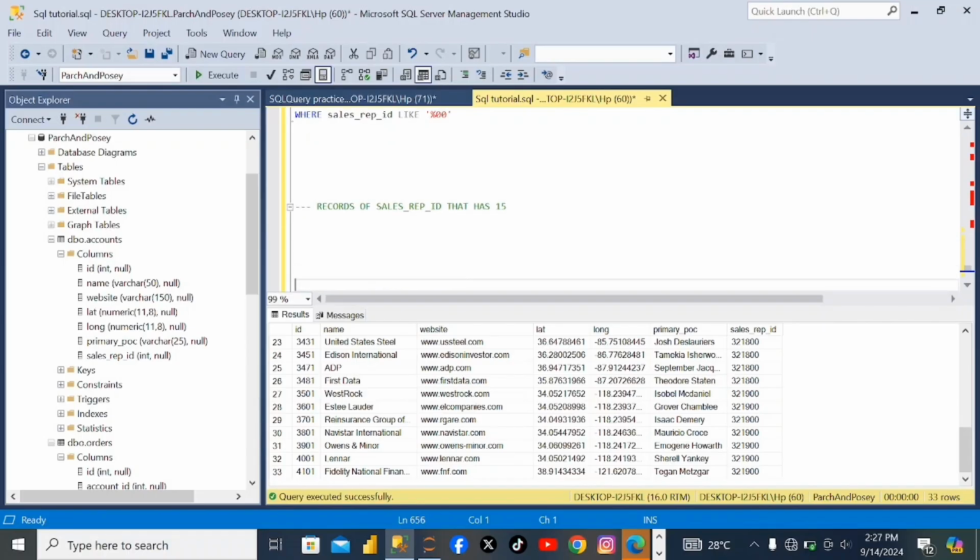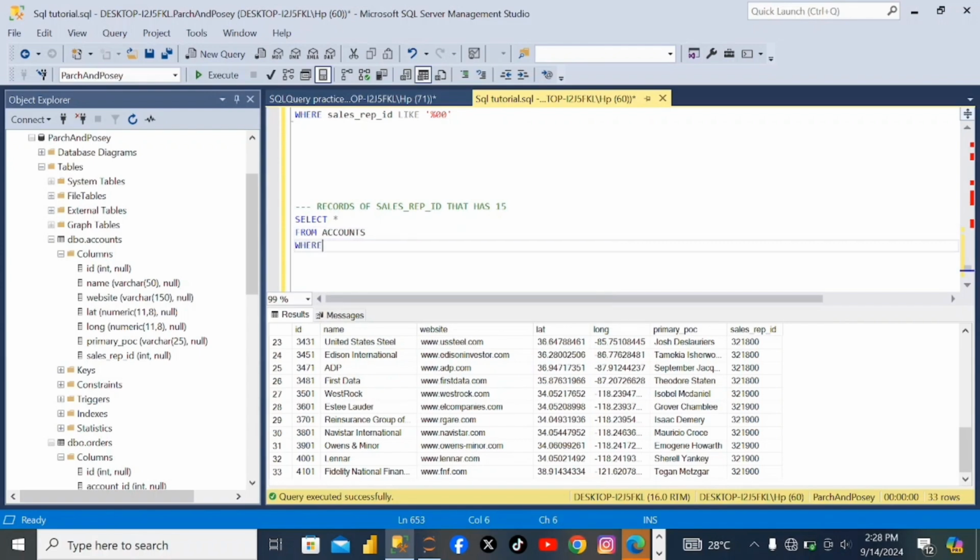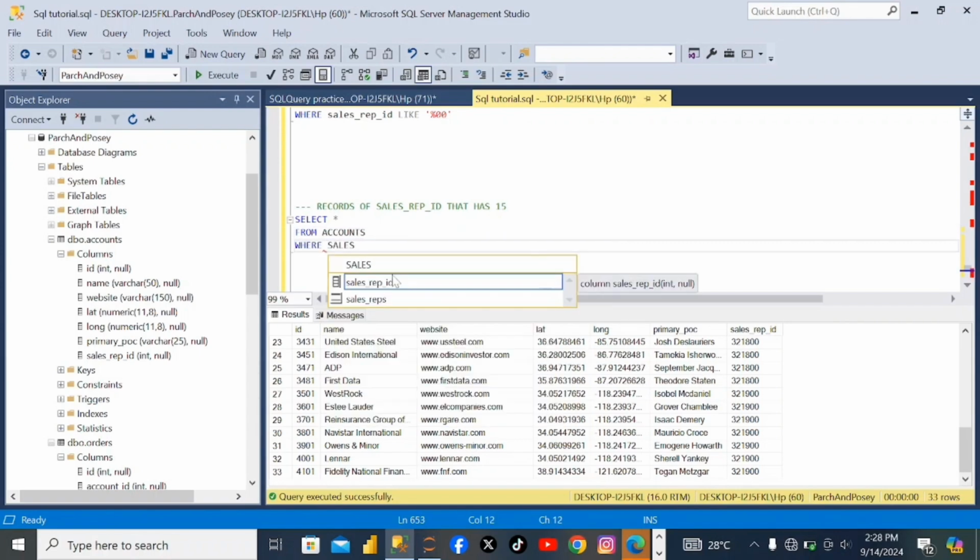We're looking for a record of sales rep that has 15. It has to have the 15 in between, but once it has 15, it's going to filter the sales rep that has this number 15. So to do that, we say select star from account. We filter it where sales rep ID